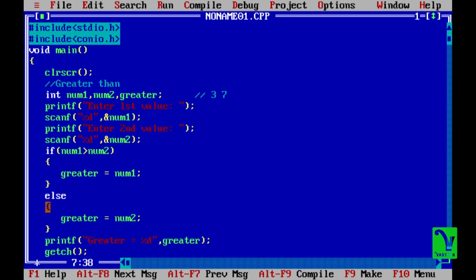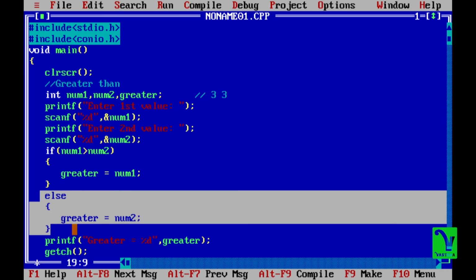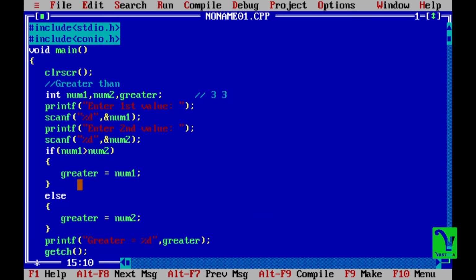So what it would have done, it would have gone for the else part and shown that num2 is greater or both are equal. Then num1 is greater than num2 will be false, so it will definitely execute the else part. If this part is false, then it is going to execute this for sure. Okay,